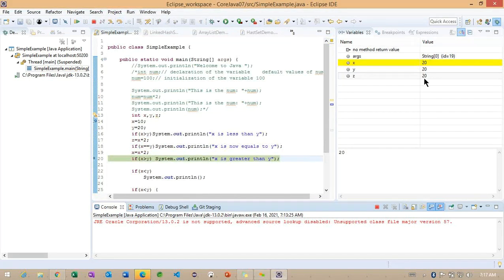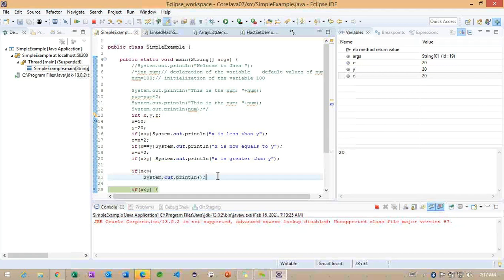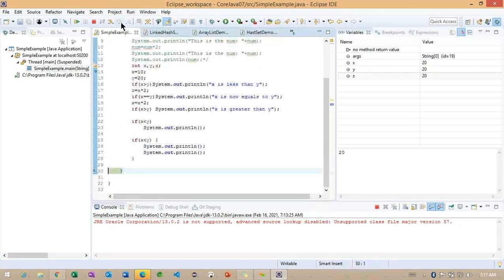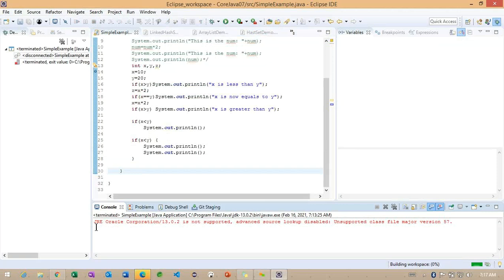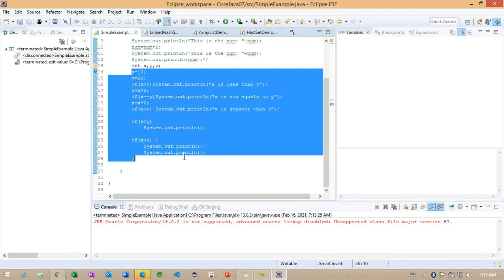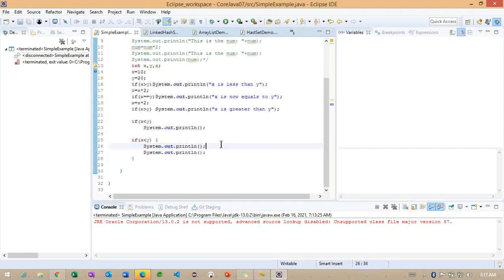And we can check the x values. Now you can identify that the x value changed here. Initially it is 10. Now it has become 20. Observe here, we are getting a yellow line because the value changed. Again, the condition is still not satisfied. So this particular block is also not satisfied, and we can identify that no println statement is printed on our console. Why is it not printed? Because the conditional statements are not matched here.